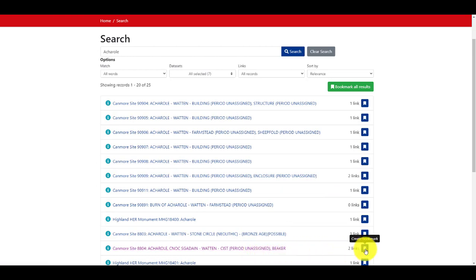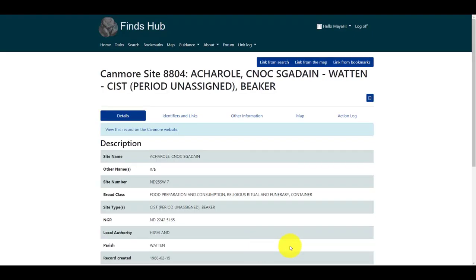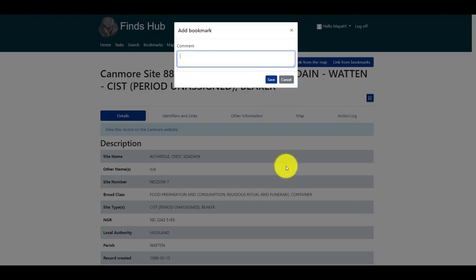You can do this by clicking on the blue bookmark symbol on the right-hand side of the search list, or in the top right-hand corner of the record itself if you're in the detailed description view. When you click on the bookmark symbol, a comment box will pop up. You can use this to make a note of why you're bookmarking the record, for example, finds or site records